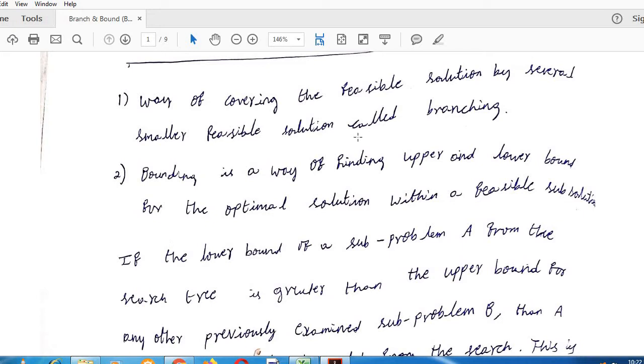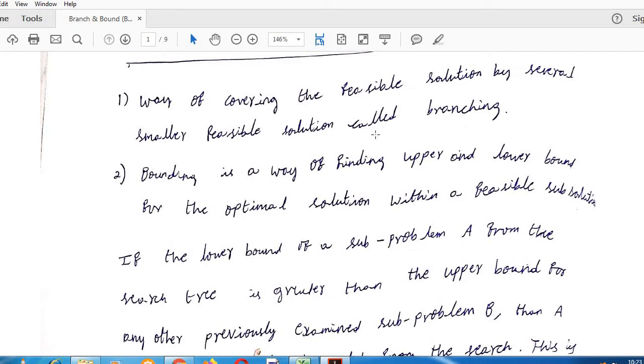To give you an example of branching, if you remember, we solved the brute force approach for the traveling salesman problem. In that, we start with the initial source node, and from there we traverse to the remaining nodes, and then we travel back to the source node or source city. There were six possible paths. These six possible paths can be considered as six different branches. Each path can be considered as a feasible solution.